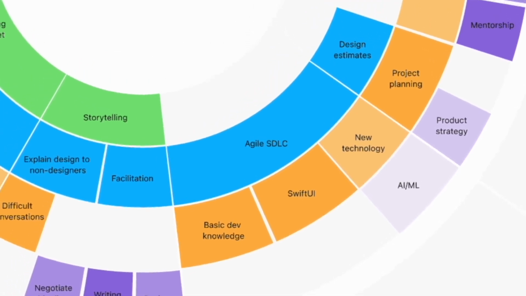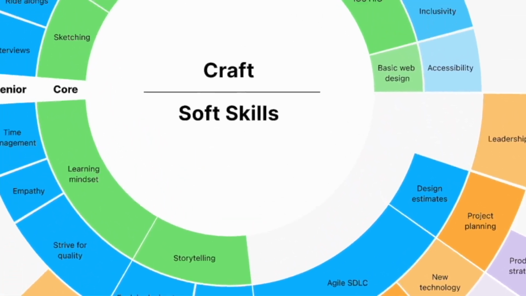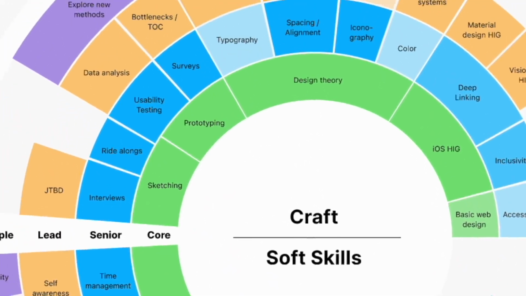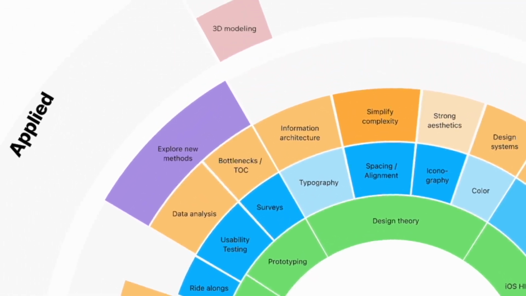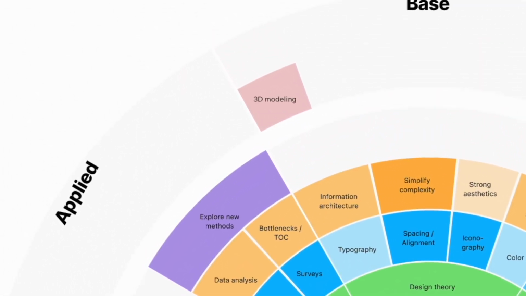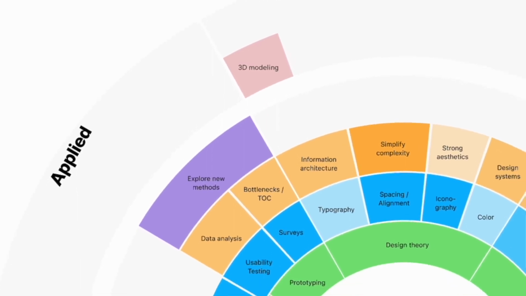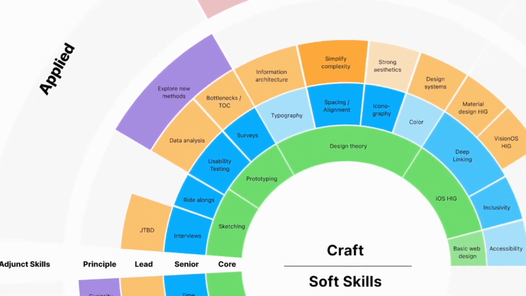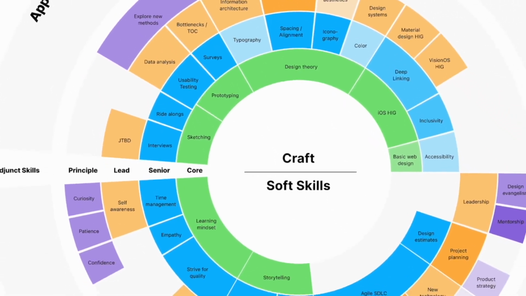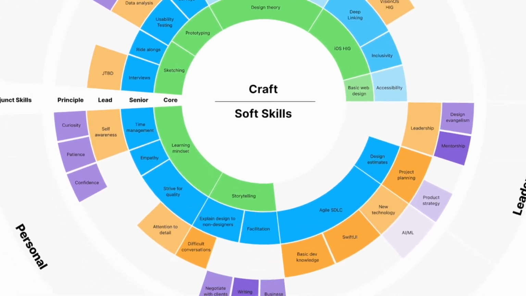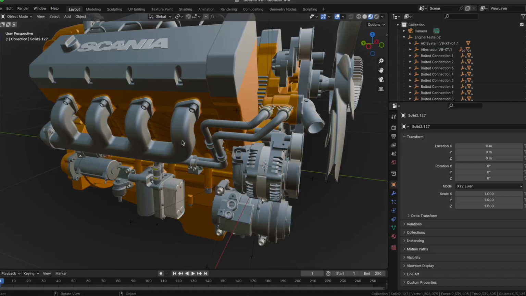You might notice there are no specific tools listed in our skills matrix. That's not an oversight. We've learned that the tool is just a means to an outcome. Understanding the basic principles underlying the tool is much more significant and allows designers to pivot to new tools as they become available. The other notable omission are core skills related to 3D design, such as modeling, sculpting, materials, and